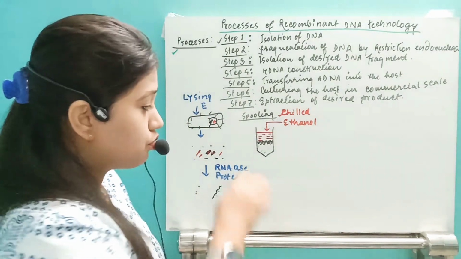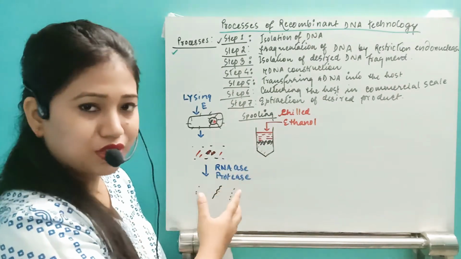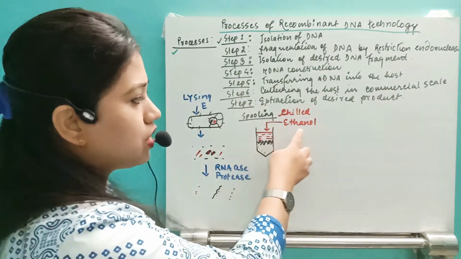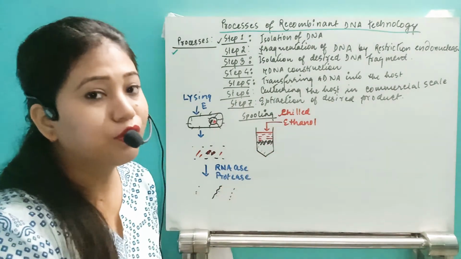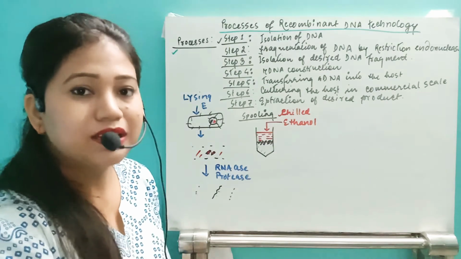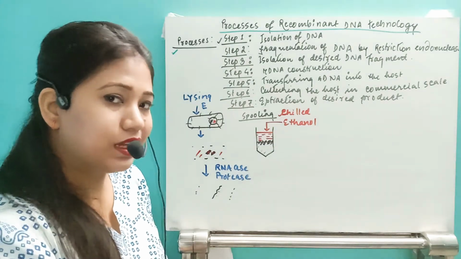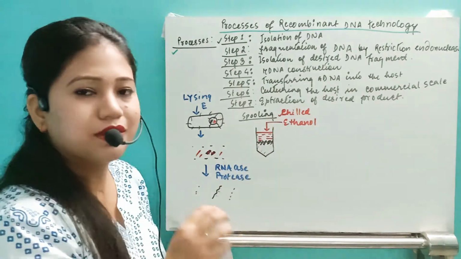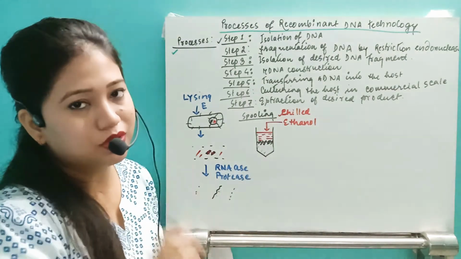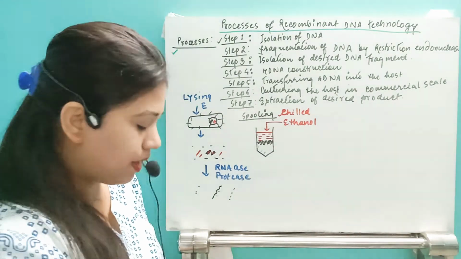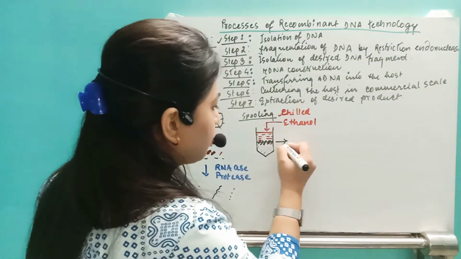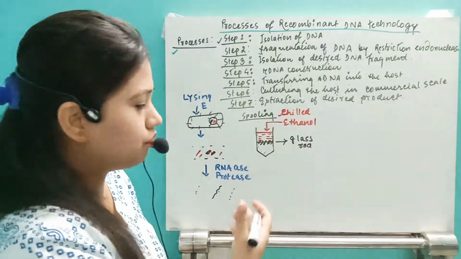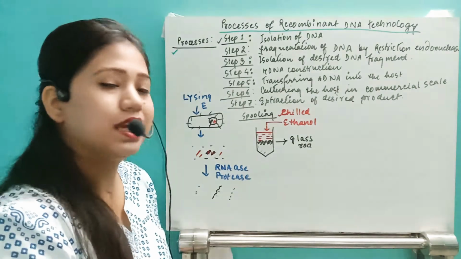Because there are two mixtures, where we have this RNase, protease, and along with that the cytoplasm is also here. Those two liquids, the chilled ethanol and the mixture, are not going to completely dissolve. They are not going to dissolve in any one of them. They are completely separated. DNA fragments will be present somewhere in the middle of these two mixtures. Then after that, by using a glass rod or just a spatula, we will just separate out the DNA segments.